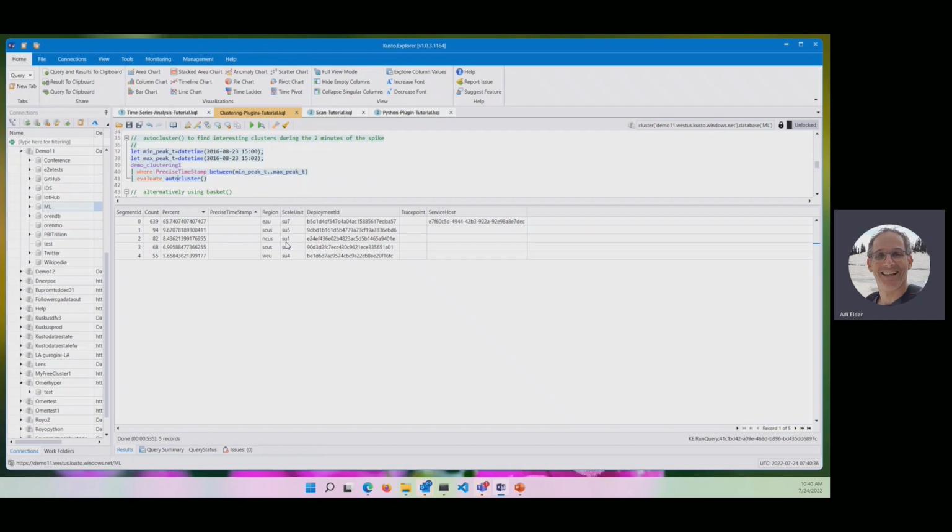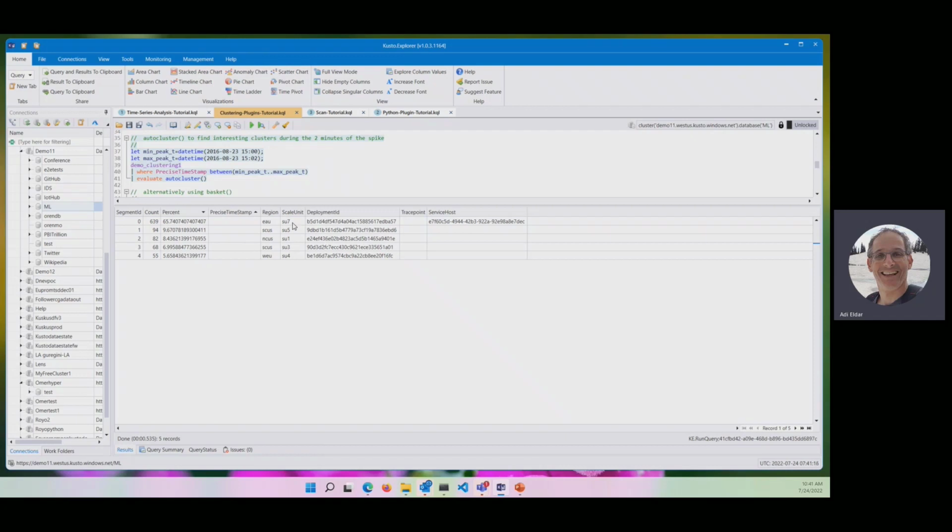And the fact that 2/3 of the exceptions have all these common dimensions is very useful. And to get this insight without AutoCluster, you need to have plenty of domain knowledge and sort the data by scale unit and select, and then another dimension. AutoCluster does this mining on multiple dimensions and just gives you a short list of candidate clusters to continue the investigation. But AutoCluster is not perfect because